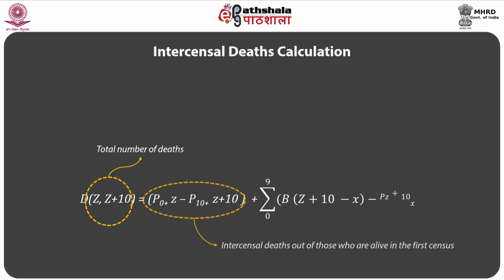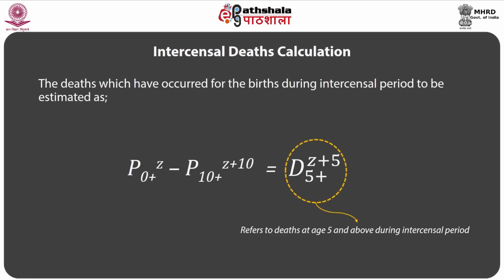The total number of deaths during Z to Z+10, D^(Z,Z+10), equals P_0^Z minus P_10^(Z+10), plus the summation over x from 0 to 9 of B^(Z+10-x) minus P_x^(Z+10). In the above equation, the deaths which have occurred among the births during the intercensal period are to be estimated as